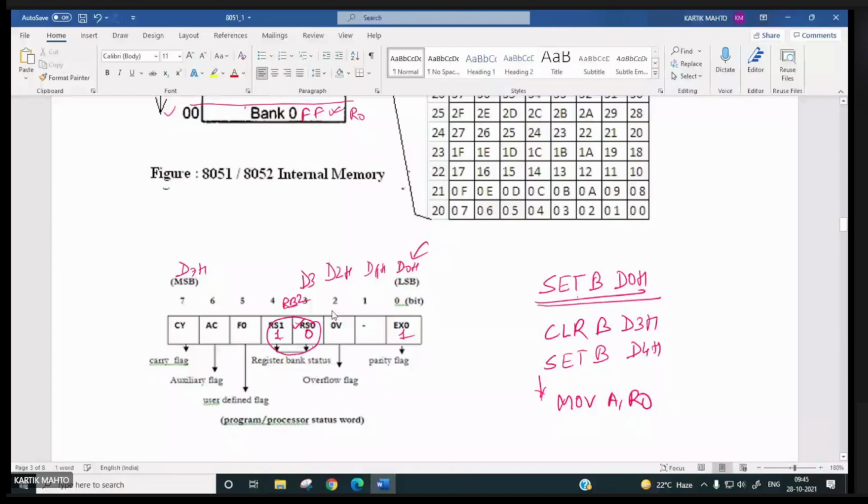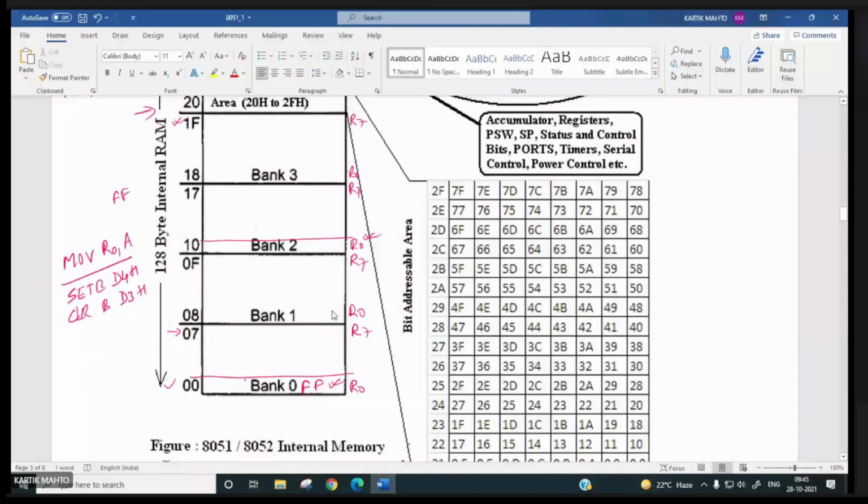Now if we write, say, MOV A, R0, what will happen? FFH will be copied over here. Now if you write, say, DCR R0, it will be decremented to FEH.